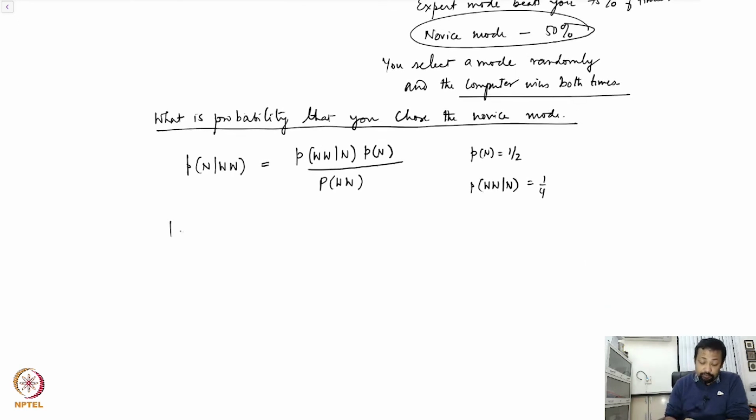Now I have to figure out the probability of winning twice. And here essentially there are two possibilities. One is you chose novice mode and won twice. The other is you chose expert mode